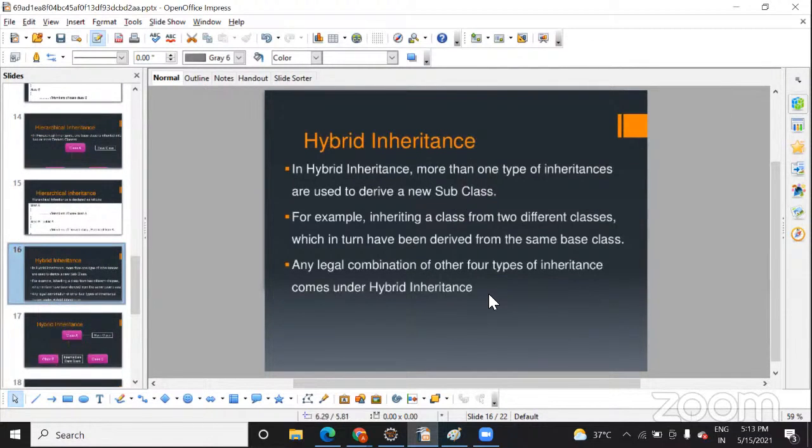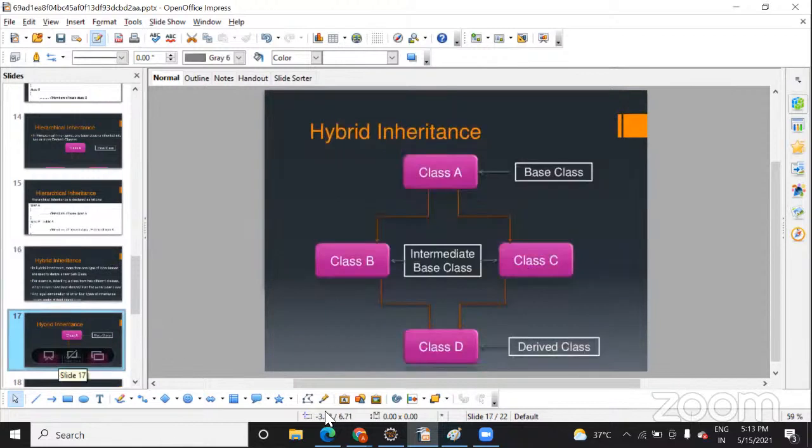Now we are going to see one more kind of inheritance, which is hybrid inheritance, a combination of the inheritances that we have seen earlier. In this example you can see these two classes you can inherit. Forget about this one, it doesn't support this, so you can inherit in this direction.